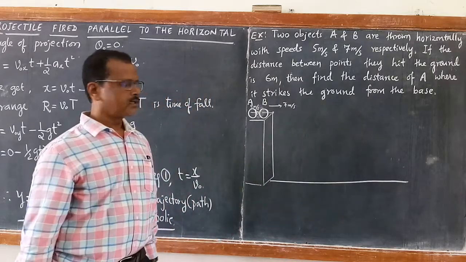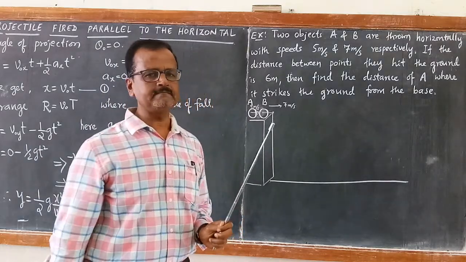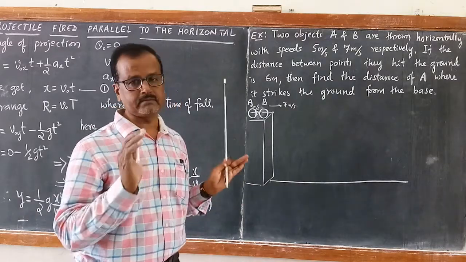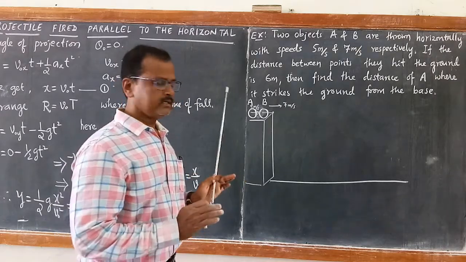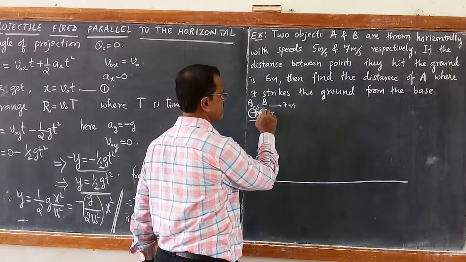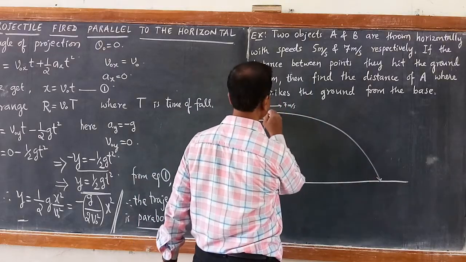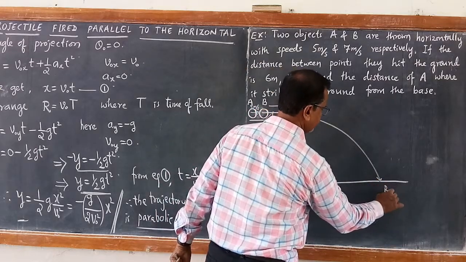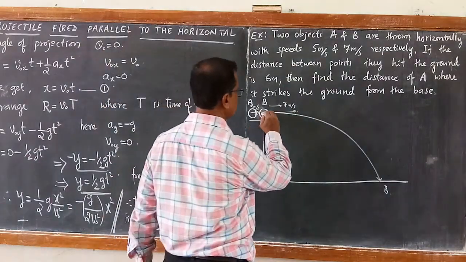This is the base. Now when such a problem is given, first of all you have to understand the problem clearly. Then visualize the problem. To visualize the problem you have to draw a diagram. If you draw the correct diagram, visualization will be good. Then you will get a clue how to solve the problem. If it is moving with 7 meter per second horizontally, it will cover a longer distance, so it is going to hit here. So this I will mark as B. And this is with 5 meter per second, so it will cover a shorter distance.